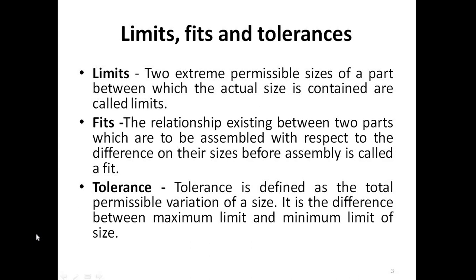This from plus 0.2 to plus 0.4 is called the permissible variation, that is, 0.4 minus 0.2, total 0.2 permissible variation. And there are two limits, maximum limit and minimum limit. The plus 0.4 is for the maximum limit, plus 0.2 is for the minimum limit, that is, diameter 20 plus 0.2 to plus 0.4. In this, diameter 20.2 is the minimum limit and diameter 20.4 is the maximum limit for the shaft diameter.